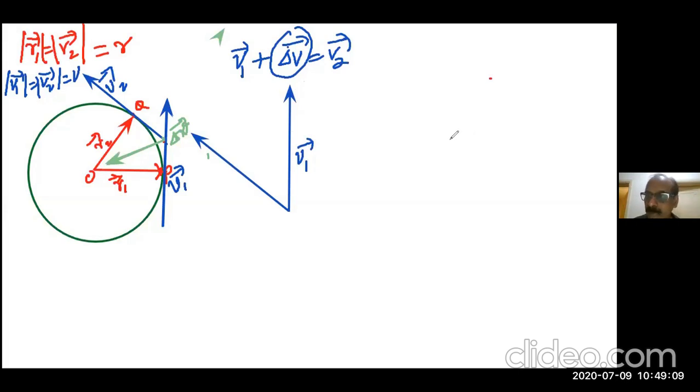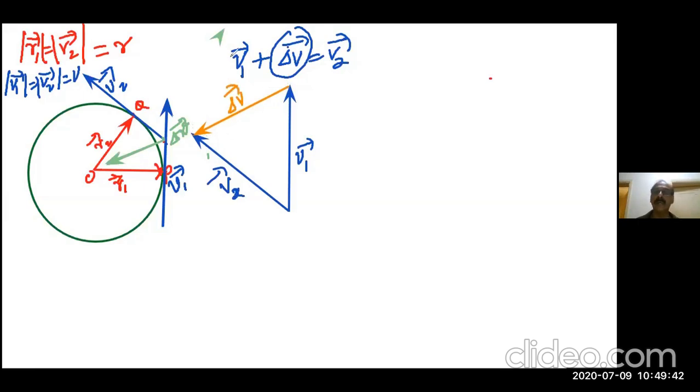According to the triangular law of vector addition, V2 to V1, vectors taken in order, V1 plus something is missing. The result will come in the opposite direction. This is the resultant, so this must be delta V. But that idea you should have. Your missing part is delta V. So this is the V2 resultant. Where is the missing part? From the arrowhead of V1 to the other arrow, between V1 and V2. That is delta V.